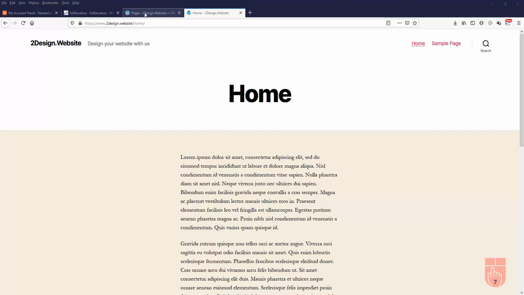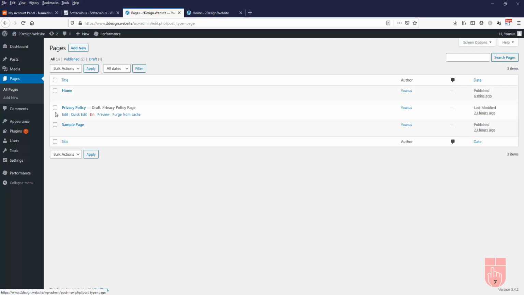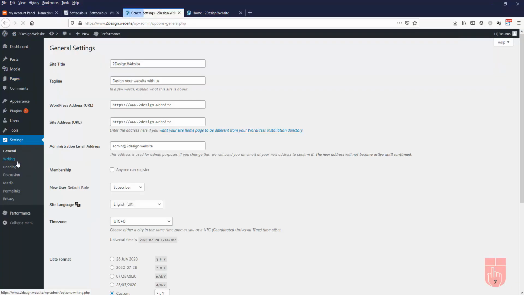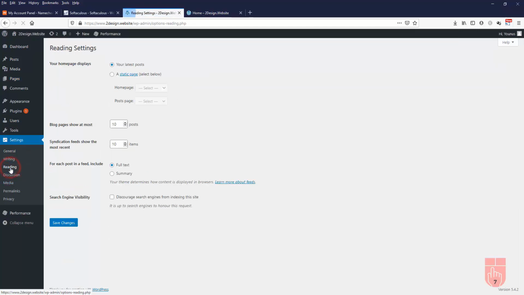So I'll go back to the admin panel and then I'll click on the settings, and then from settings I'll click on the reading link, and from the reading link I'll change your homepage displays your latest post. I'll change it to a static page, and then from the drop down list for the home page I'll select home. Now if I click save changes button,